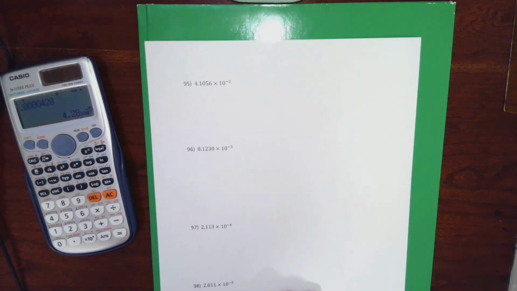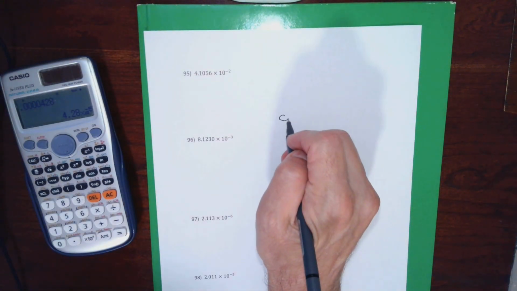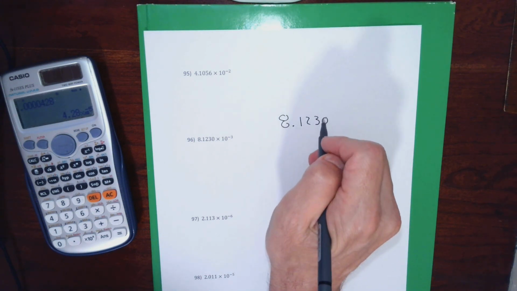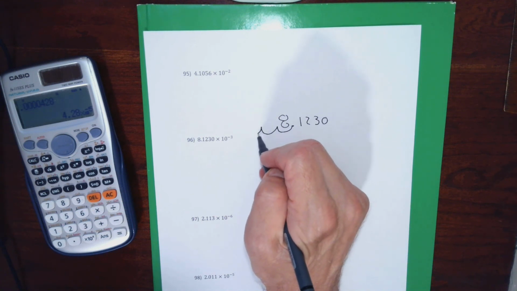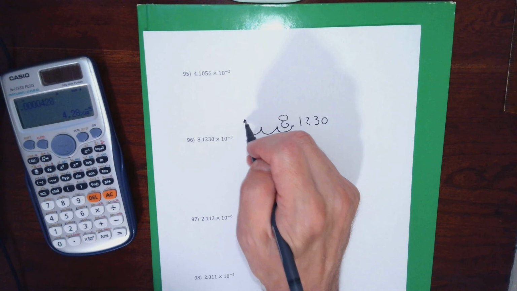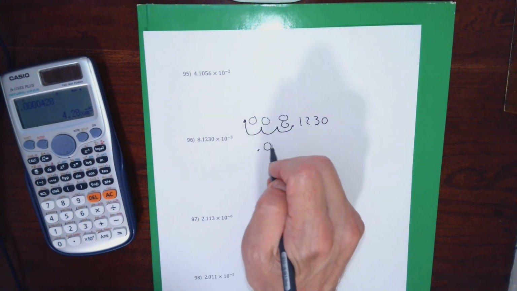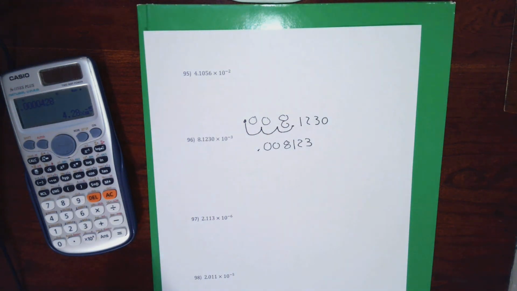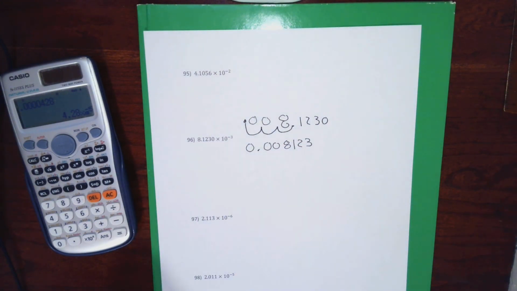Last couple, going backwards. If you have a negative exponent, you need to move it to the left. So in problem 96, it says 8.1230 times 10 to the negative 3rd. I'll move the decimal 1, 2, 3 places to the left. I'll add a couple zeros, and I'll get 0.008123. I don't need to write the 0 after the 3, but I probably would sneak a 0 in preceding the 8. For 97,